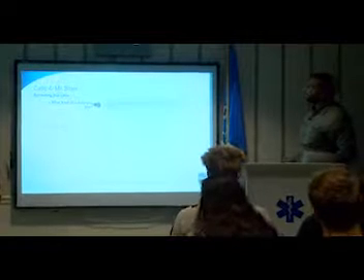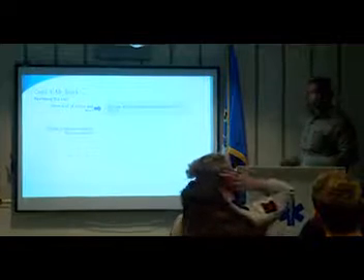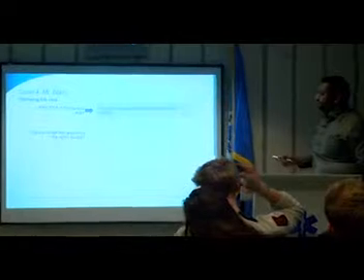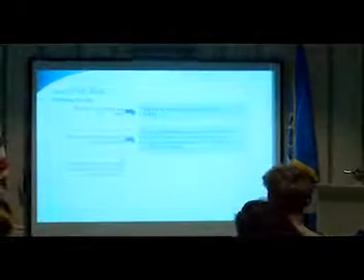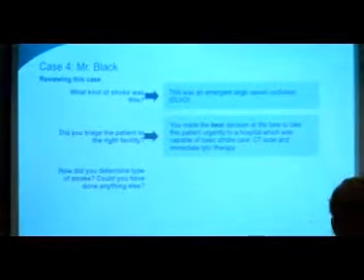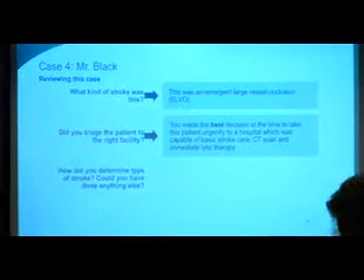So what kind of stroke was this? This is our typical ELVO, or emergent large vessel occlusion. Triage definitely needs to come to the comprehensive center. And this was a good example of how the hub and spoke model works, and this is very important for